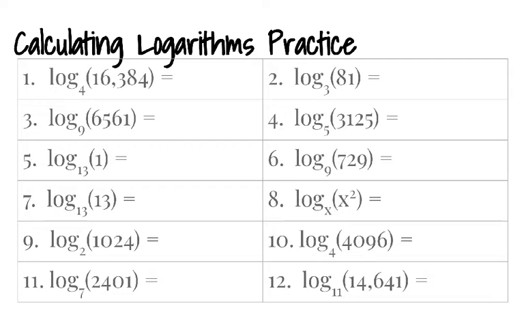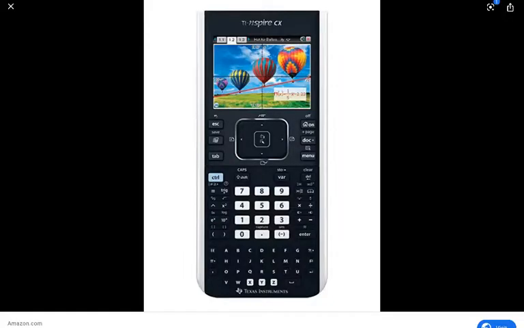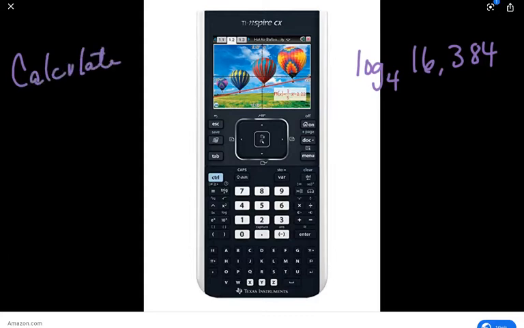So to do this, I want to show you how to do it in your actual calculator. We're going to do the first one, number one, log base 4 of 16,384. Obviously you won't have a picture of hot air balloons on your calculator, but what you're going to do is go into calculate, not graph or anything. Once you're in calculate, you're going to hit the second button, or the control button, and then hit the 10 to the x,